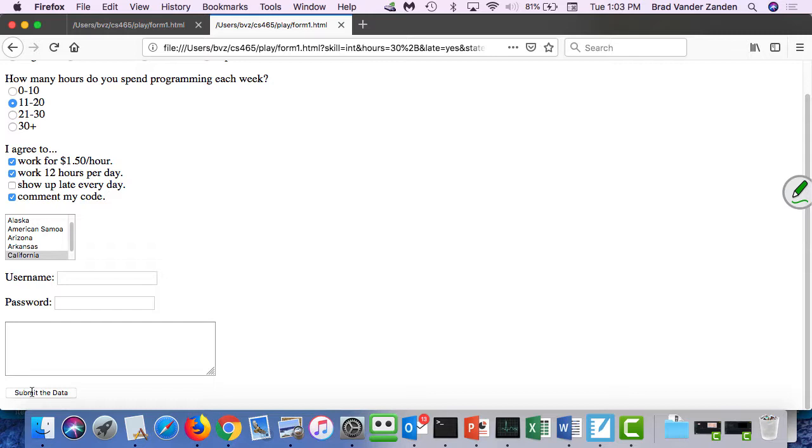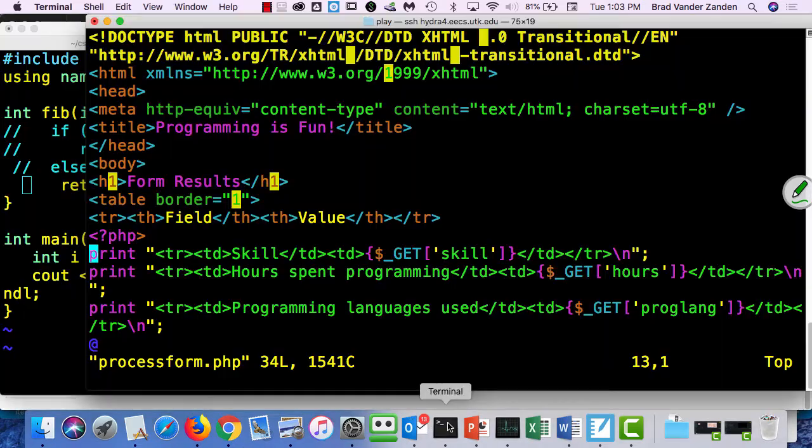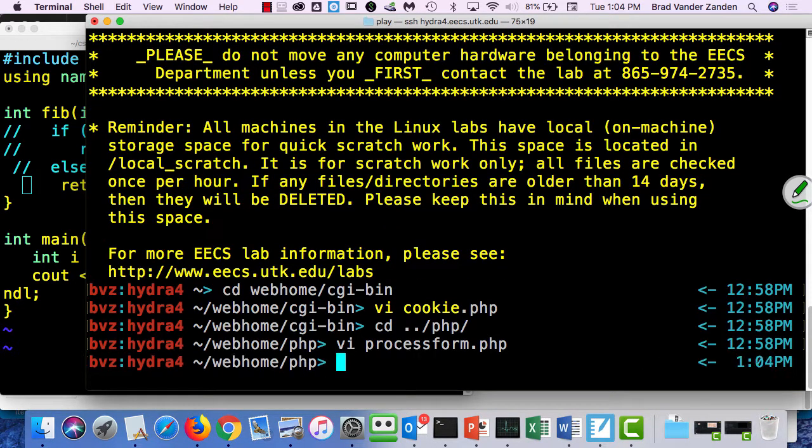This is really annoying to me when I'm submitting stuff on regular servers. So the way that you avoid that